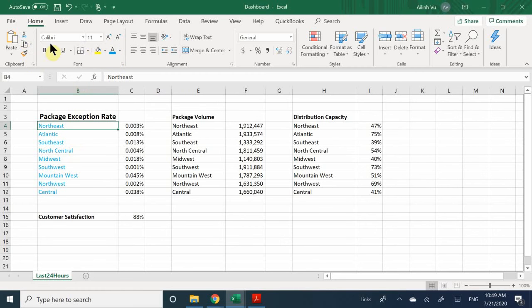But I think the most important thing that you want to know as far as using these kinds of functions is definitely understanding how to bold and how to underline. And the last one is going to be creating borders. Okay. The fill tool is useful if you found an error in your work and you want to highlight it so you know exactly where to look up, for instance, like let's say